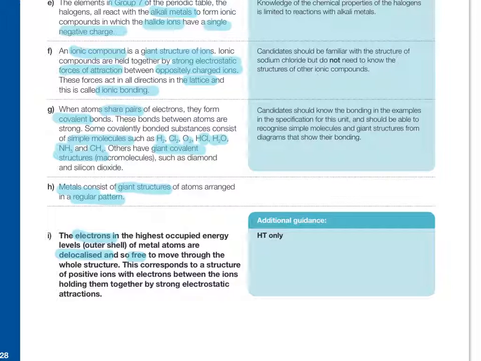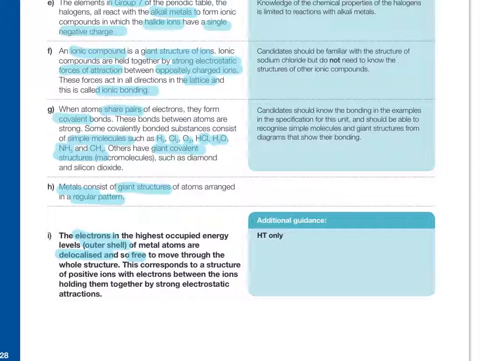And those electrons come from the outer shell of those metal atoms. So if you have a metal like sodium that has 11 electrons, 2 in the first shell, 8 in the next shell, and 1 in the outer shell,